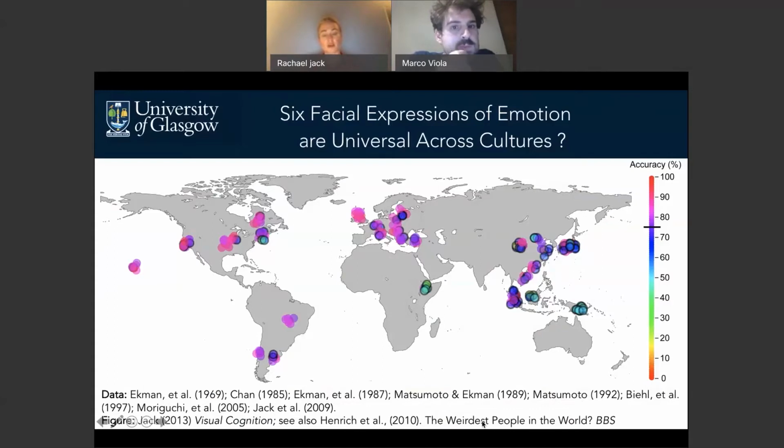Each point here on this map represents the average recognition performance for each of the different facial expressions of emotion within the geographical region. So reds and purples indicate high accuracy, blues and greens indicate low accuracy. Anything that's outlined in black is anything that's below 75%, which would generally be considered typical recognition performance, sort of